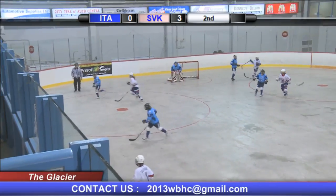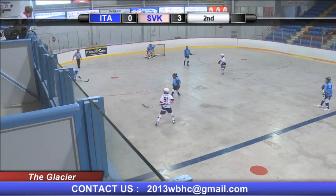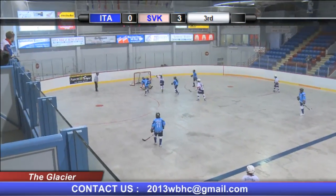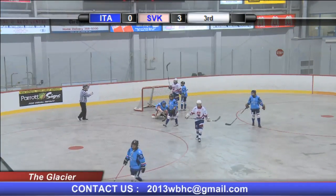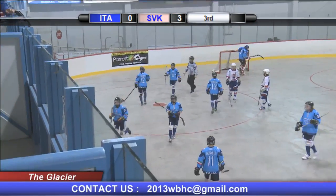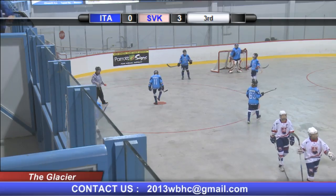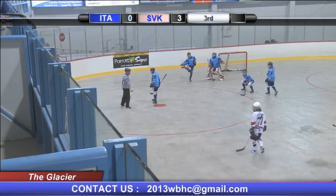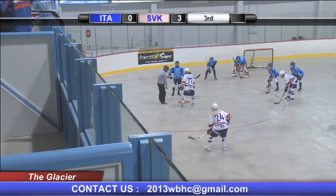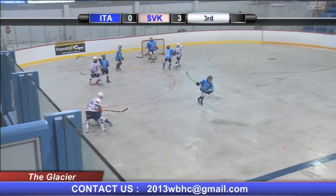Gachasova sends that wide of the goal. Borgera still very, very vocal down there. Shot save. Danielle Orguera. Mikaskova on the draw. Sends that back here for Pavlikova. Nice shot block